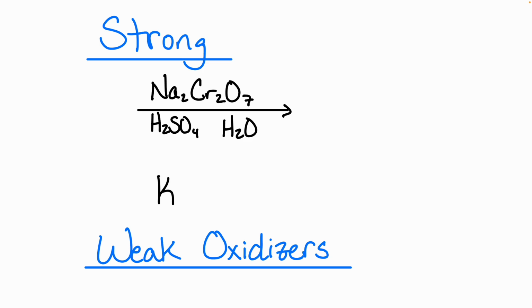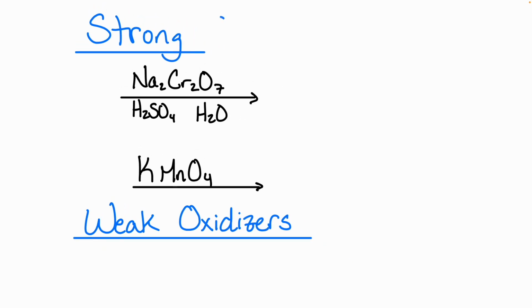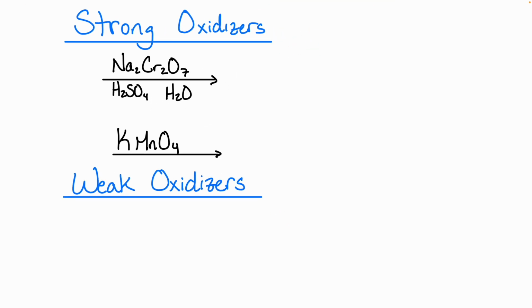Another one that you sort of see in its place is potassium permanganate. That is also a very common strong oxidizing agent. All right, our weak oxidizing agents are both acronyms. All right, we have PCC,